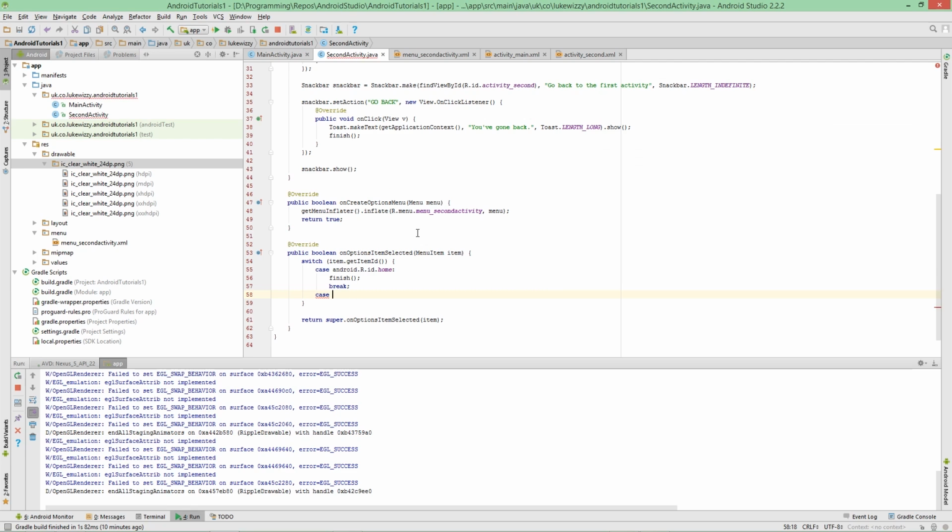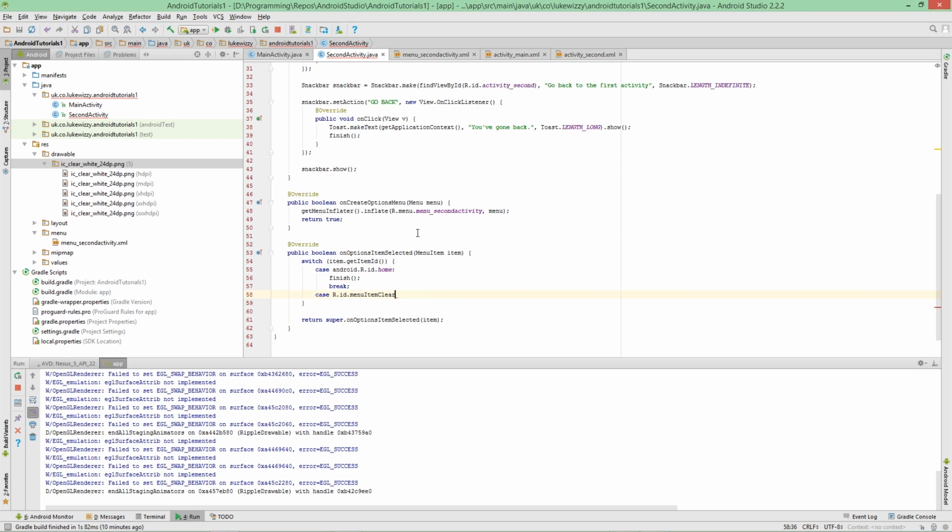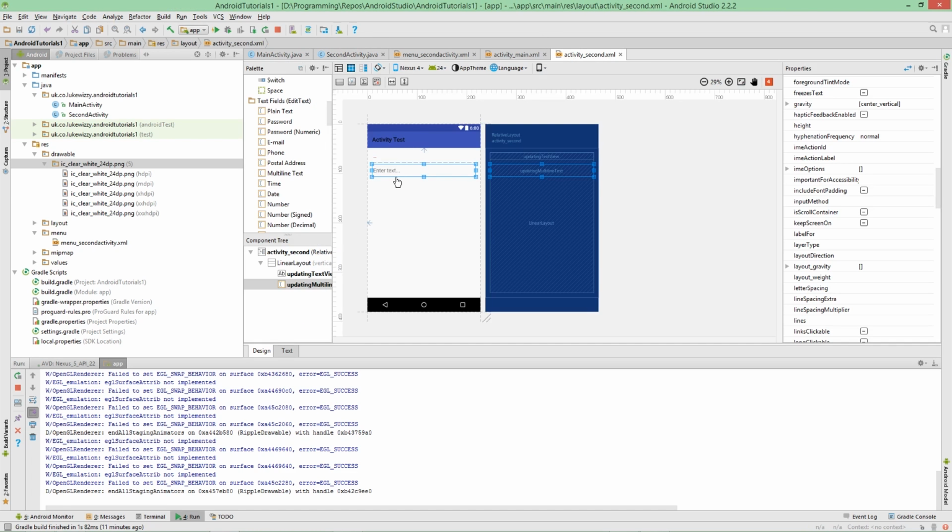So we're going to do another case. We're going to go to R this time, not Android R. We're going to go to our own thing, and then have menu item clear in ID. Cool. And then we'll put a break at the end. This little bit here is all the code that we want to run. So what we want to do is clear the text here, and subsequently we want to put that back to